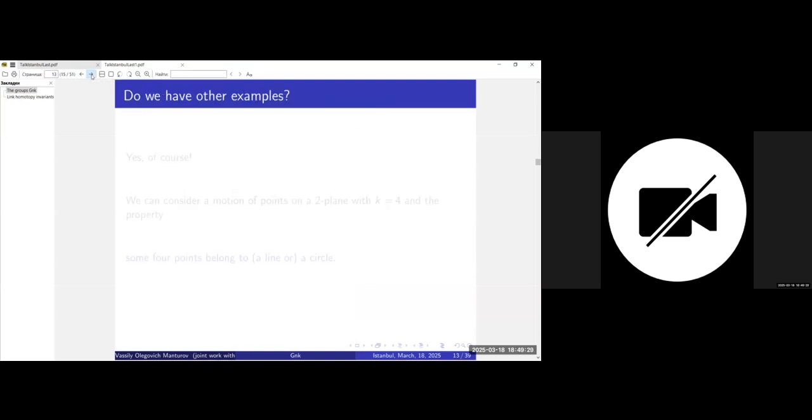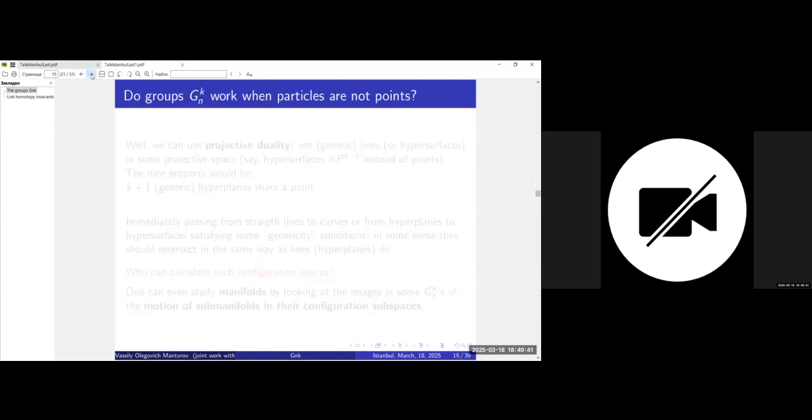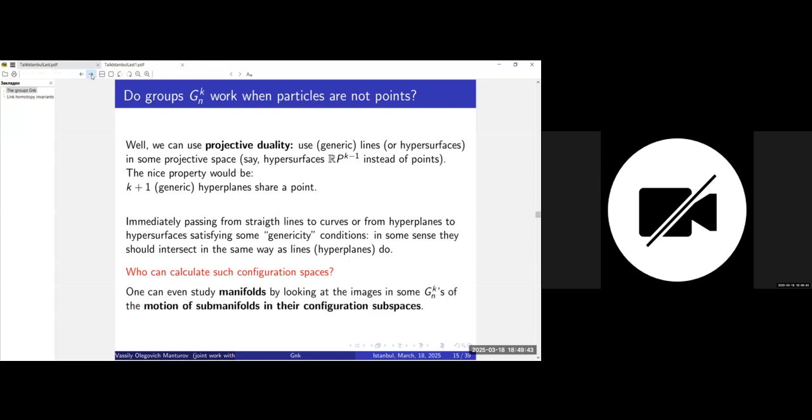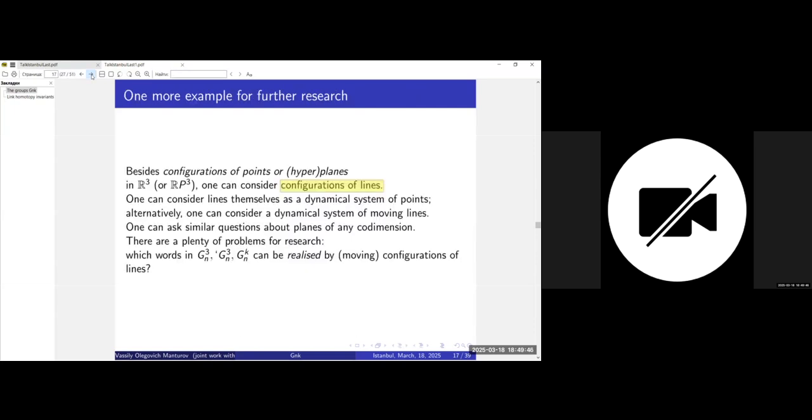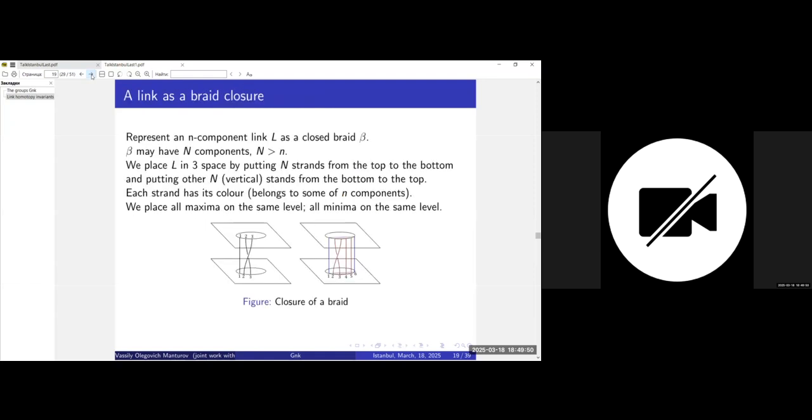And if I say here and those, then I will have some chord diagrams, modulo moves, but those will not be just usual chord diagrams. Those will be triple chord diagrams. And this is an interesting phenomenon. So this is what we are working on. This is an ongoing project. But now I will be talking about links.